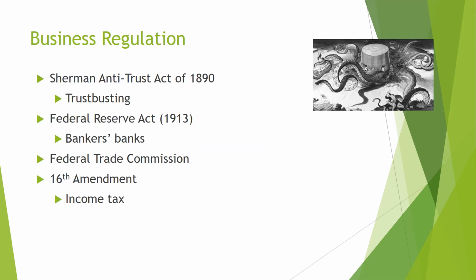A second main aspect of progressivism is business regulation. I mentioned briefly in part one about antitrust movements on the part of the progressive presidents. This is related to the Sherman Antitrust Act of 1890, the first federal attempt to regulate big business. But the terms of the law were vague and imprecise, and so it wasn't really utilized until Theodore Roosevelt